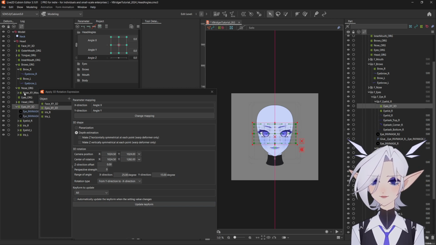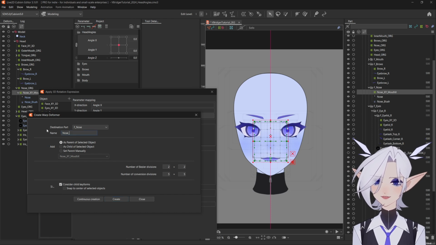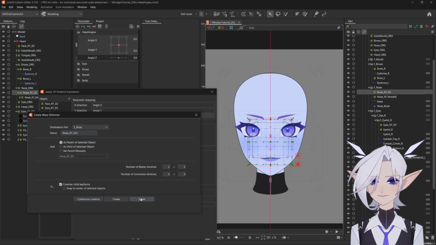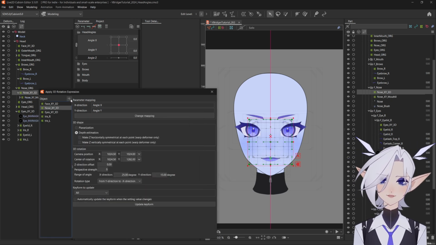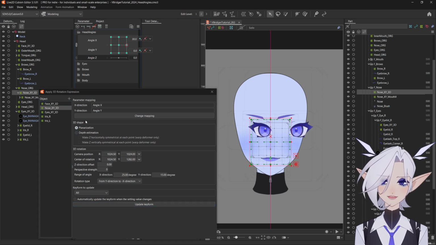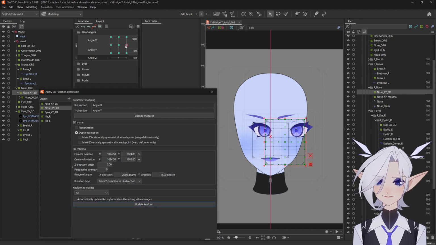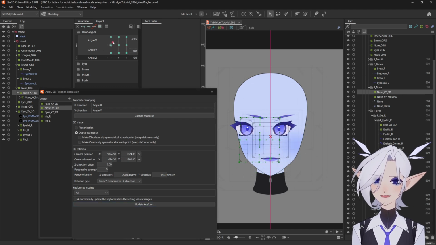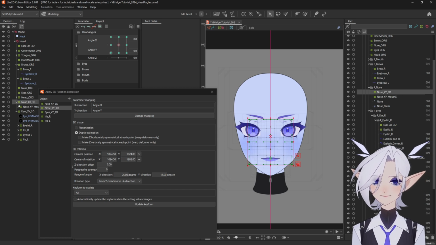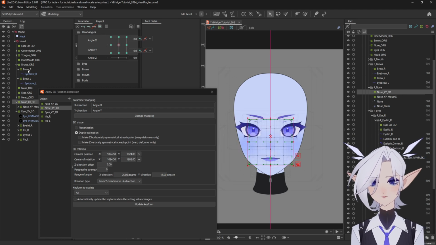Next, I will grab the nose deformer and create a new parent for it that is nose XY 3D and add it to the 3D menu. The nose deformer should at the very least be as far out as the eyes, if not more, thinking about where the nose tip should be. I will also parent my nose XY deformer to the head rotation deformer. Give it a quick little spin, make sure that everything's moving good, and then we will move on to the